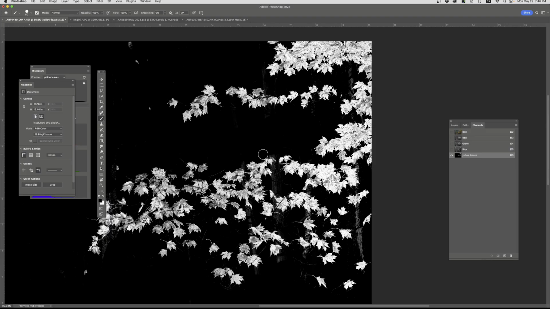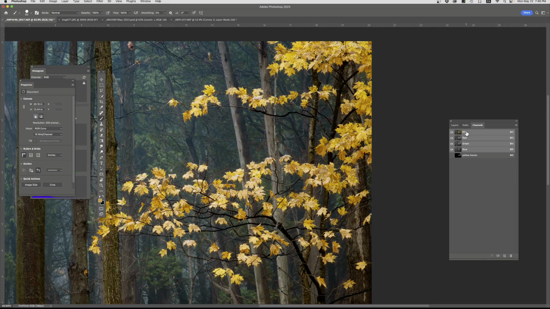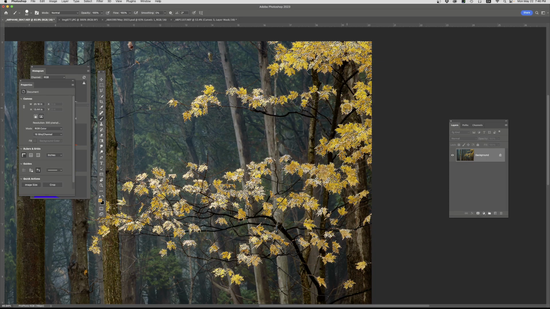So let's say I've done this much. Let's get out of here and just for a moment load the selection to see how the selection is. So when I load the selection yellow leaves, you will notice that now none of the tree aspects are selected, but I still need to clean out all these inner marching ants and just have a nice clean outline to the leaves per se. Okay, so I'm going to undo this, just deselect it and go back to my channels